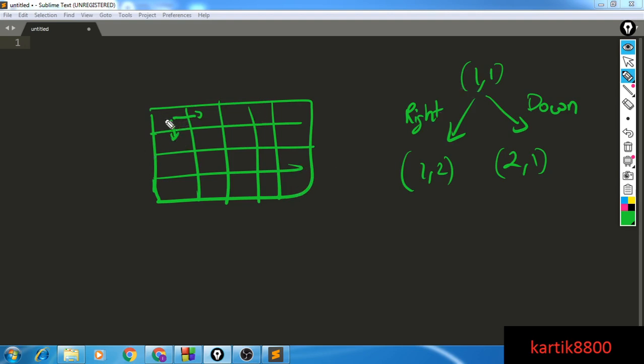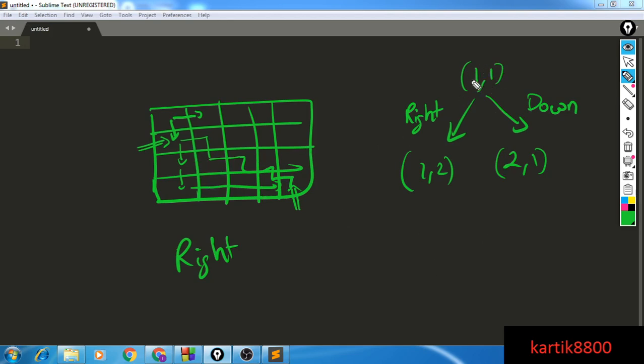So if I reached here, I would like to know the number of valid ways in which I could go from this particular cell to the n comma n cell. There will be some ways that start from here and go something like this, or some other way like this, but all those ways can be appended with a right. Basically, I could do a right move from 1 comma 1, and then follow any of these paths to n comma n, and all those paths will be valid paths from 1 comma 1 to n comma n.